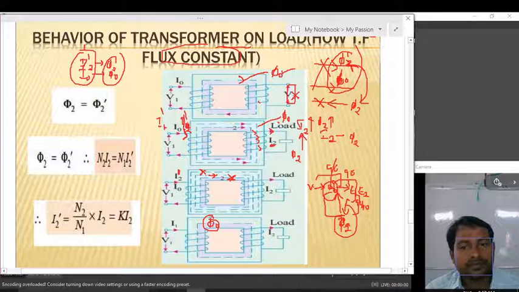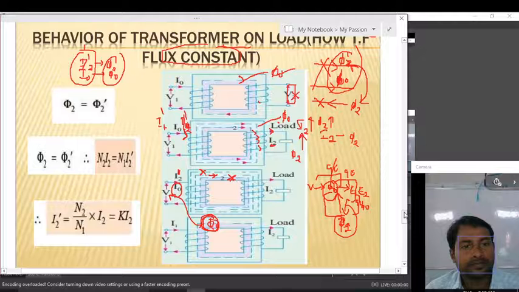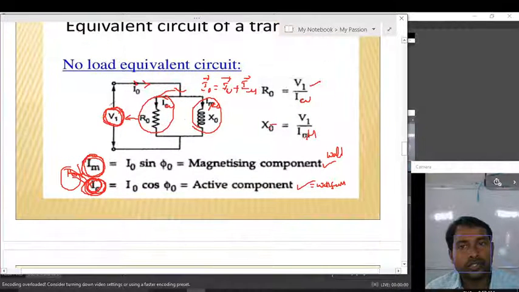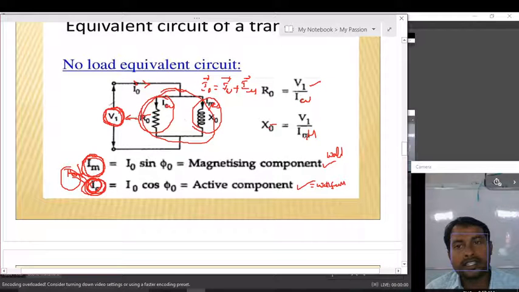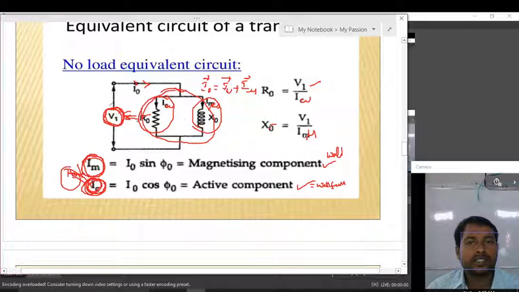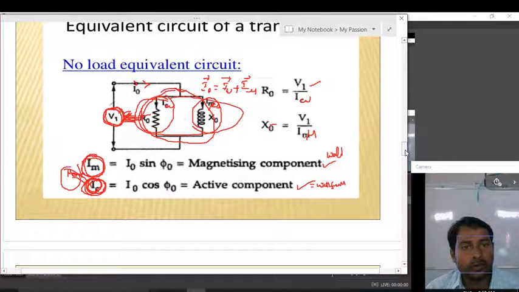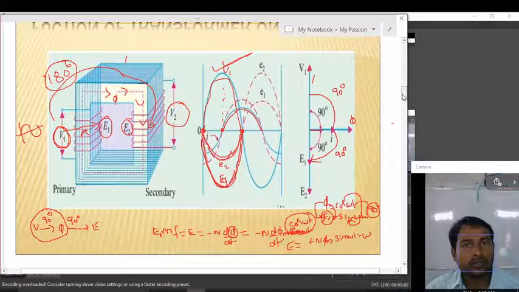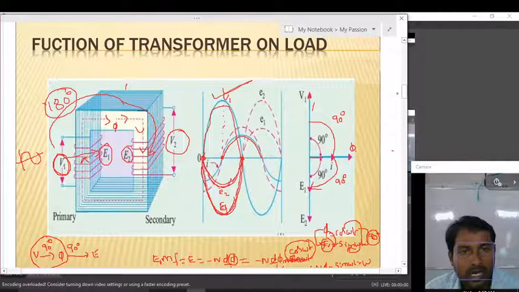That's why the no load current branch is always connected across the voltage. I explained this in the shunt branch parameters. Here I connected this shunt branch in parallel with the voltage because the flux in the transformer core is always constant, which depends on the voltage. That's why these branches are connected in parallel with the voltage. So in this way we can conclude the function of the transformer on no load and